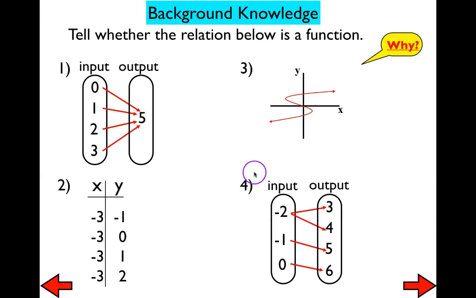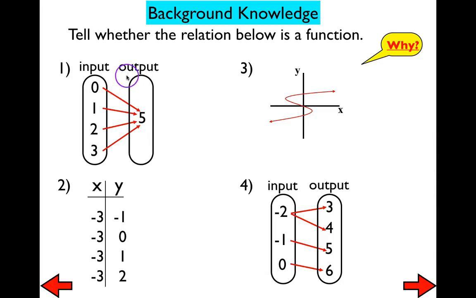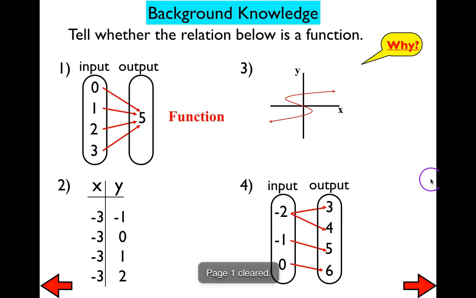So first things first, let's go over some background knowledge. Let's remind ourselves, when is something a function? When is a relation a function? I like to think of it this way: if you block off the output for a second and ask yourself how many outputs for each input, if it's only one, then it is a function. If it has more than one output per input, then it's not a function. So in this case, since each input has exactly one output, we would say that this is a function,